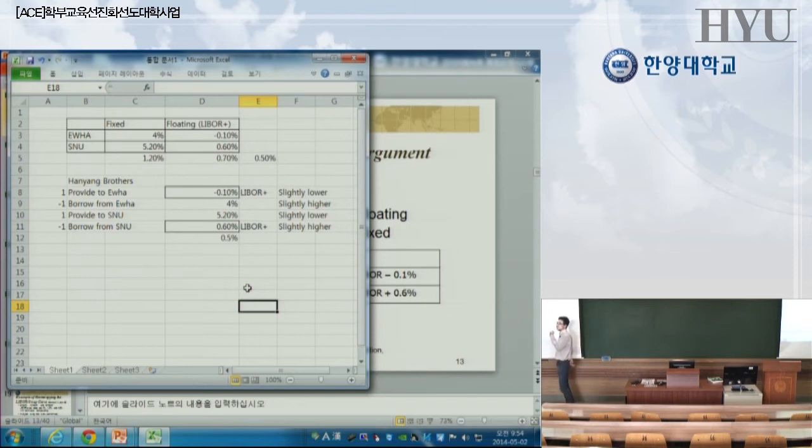So the point is, I don't even have to go to the fixed rate bond market or floating rate bond market because I use this money to pay this one, and I use this money to pay this one, right? All I have to do is like changing it. In reality, I cannot, of course, make 0.5, but it should be an advantage to EY and SNU. In that case, what I can do is maybe I give this one slightly lower rate, and then maybe provide the SNU at the